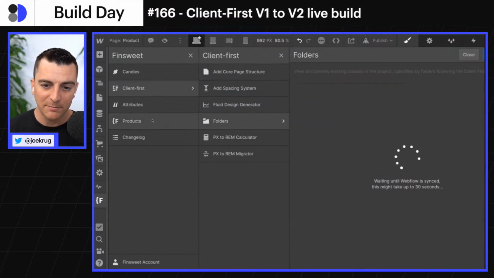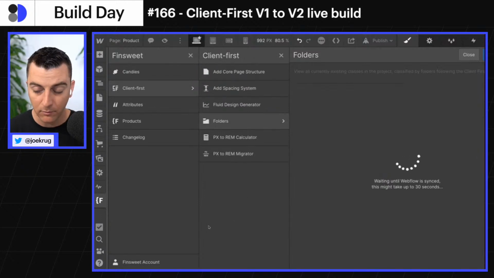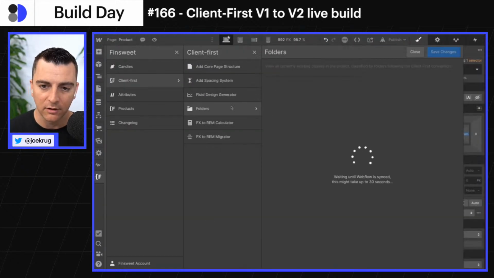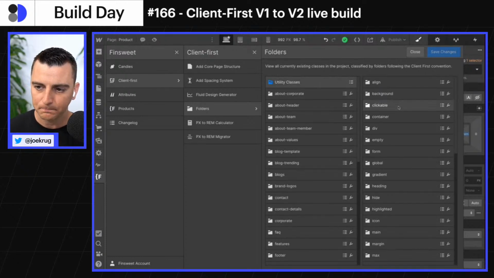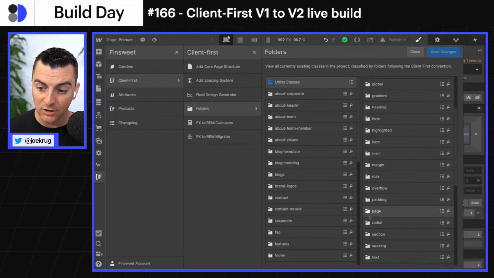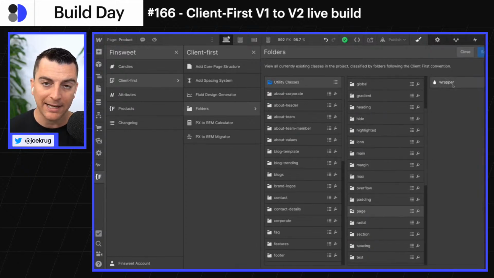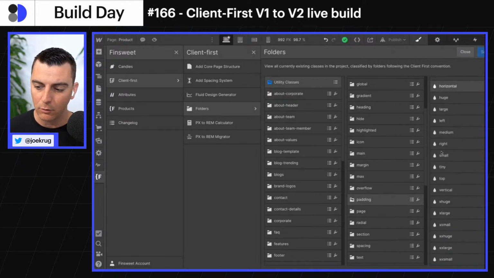We are going to have an update to folders where you do not have to click through in this. But for right now, for the filming of this video, it does require the click and click. Okay, and we are going to bring this up when Webflow is ready. There we go. Now, in our page folder, we only have the page wrapper, and we have the padding global